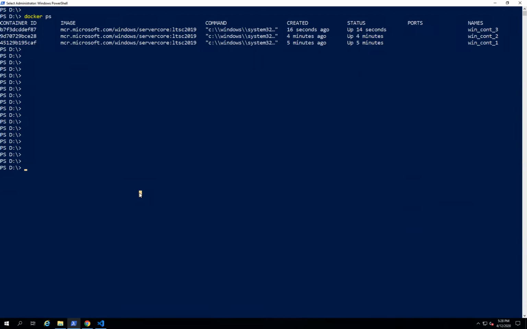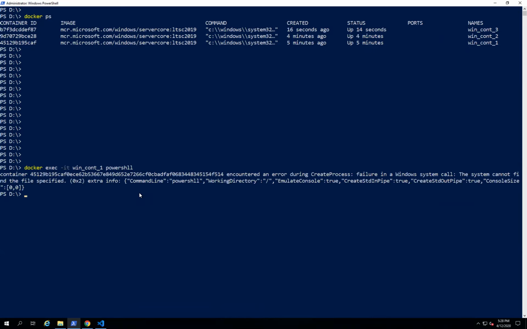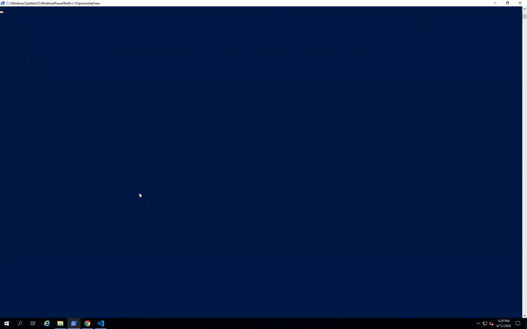Let's connect to win container 1 again and try to ping. Okay, we need to provide the correct PowerShell name. So there you go, it's connected, and ping.